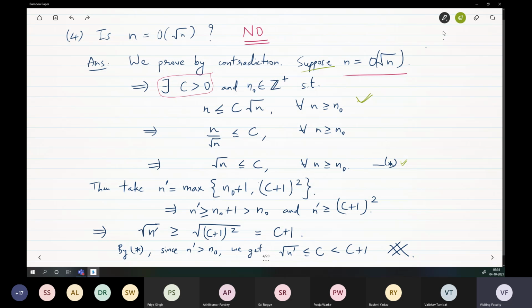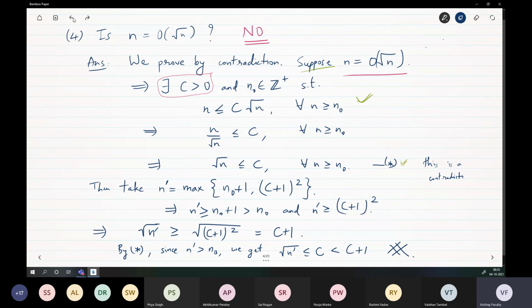In fact, I am okay if you get a problem like this, and you stop at a point here, a point that looks like this, and say, this is a contradiction. That is enough, okay? It's very clear why it's a contradiction. So if you stop here and say, this is a contradiction, that is okay for me. It's pretty clear. You are saying that a function that is going to infinity is bounded above by a constant. That's not possible. That's the contradiction.